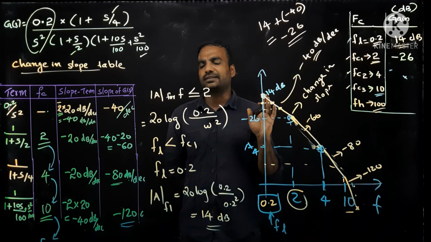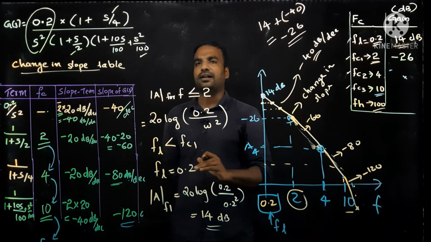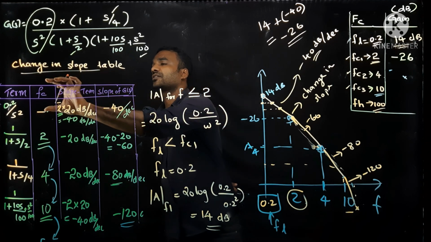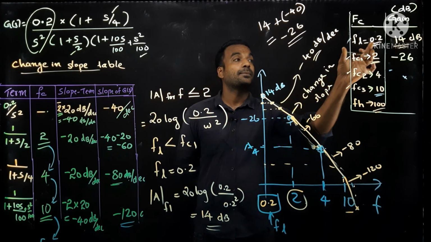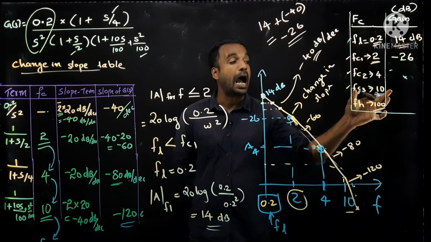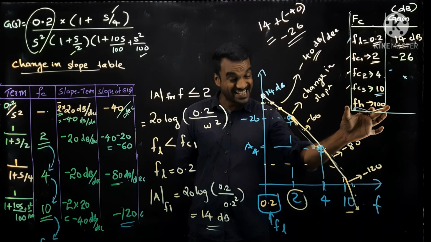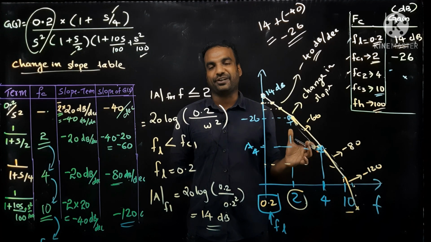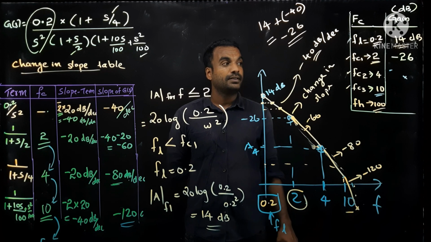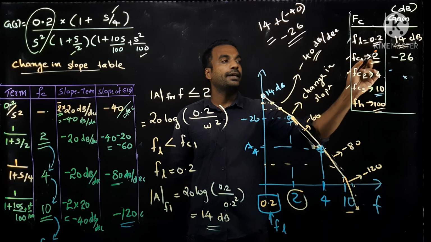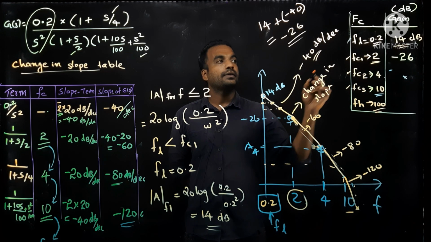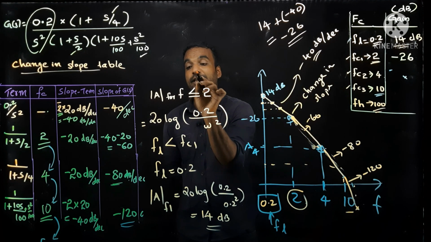Anyhow, up to the moment, what are the things we covered? We arranged all the terms in the ascending order of corner frequency. Then I took some lower frequency FL which is less than FC1, and I took some higher frequency FH which is greater than the higher corner frequency FC3. And I calculated the gain for the first corner frequency and the lower frequency by using the same equation.